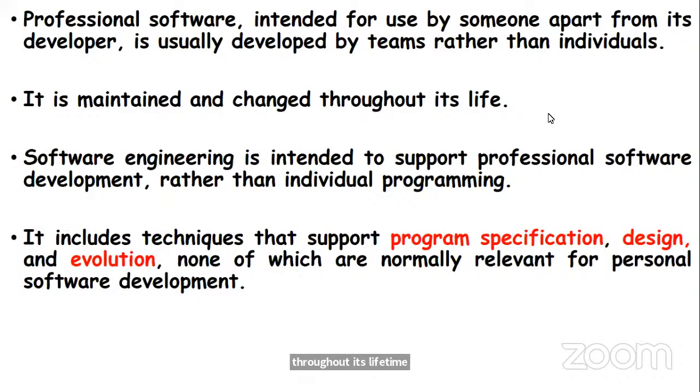So, for instance, take the concept of Japa, that most people are just running away these days. If you are developing software for somebody, and because you want to Japa or run away, that person is left stranded because you are the one carrying the work. But if you're in a team, as soon as you run away, another person takes your spot and the work continues. Those are the practices we are emphasizing as well. So software engineering is intended to support professional software development rather than individual programming. That is the crux of software engineering.